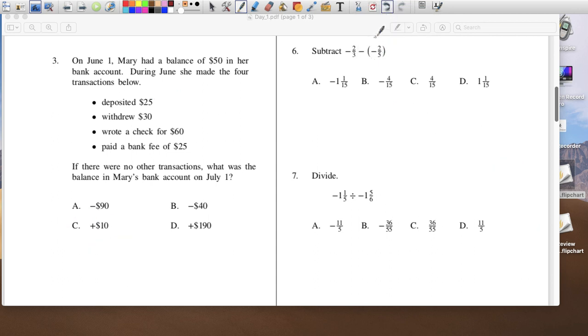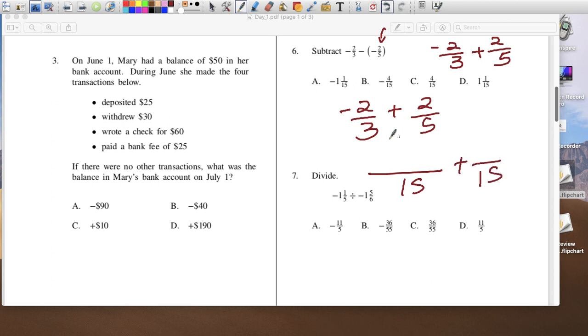6, subtract, and again, I have a calculator, so it's negative 2/3. What you might want to do here is change this to an addition problem. Negative 2/3 plus, right? This becomes a plus, and the opposite of this is just 2/5. So this is what you actually end up having, plus 2/5, right? And then now it's just a matter, again, of